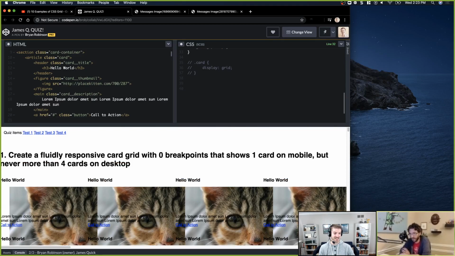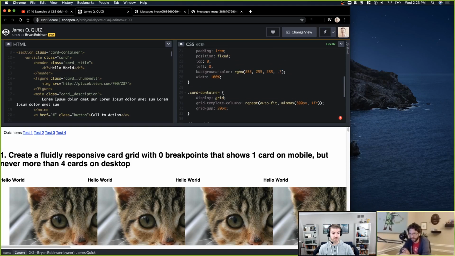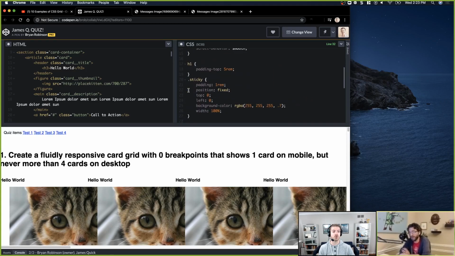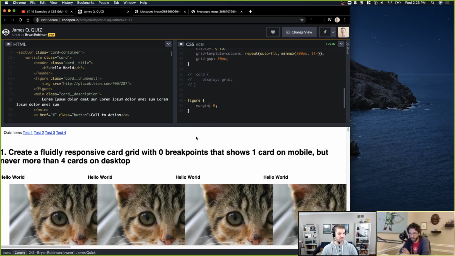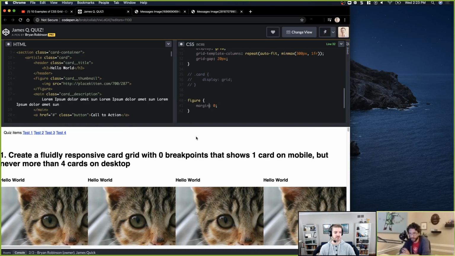So it looks like figures come with margin left probably because I would just go ahead and unset everything on images, like do a star on the figure. You could do a full reset, but on the figure. Okay. So just margin 0. And that pops over more, so that's cool.